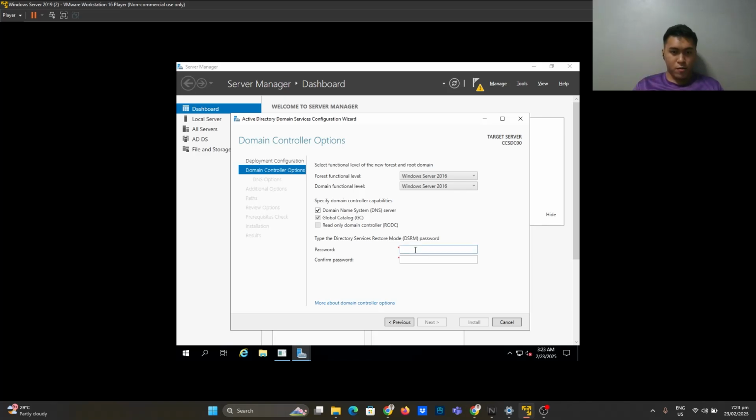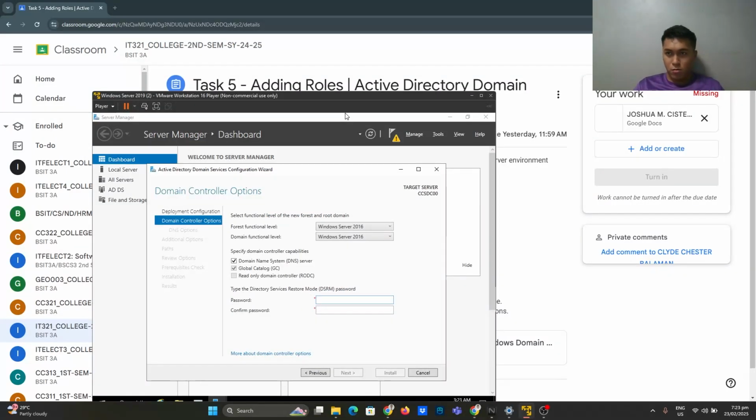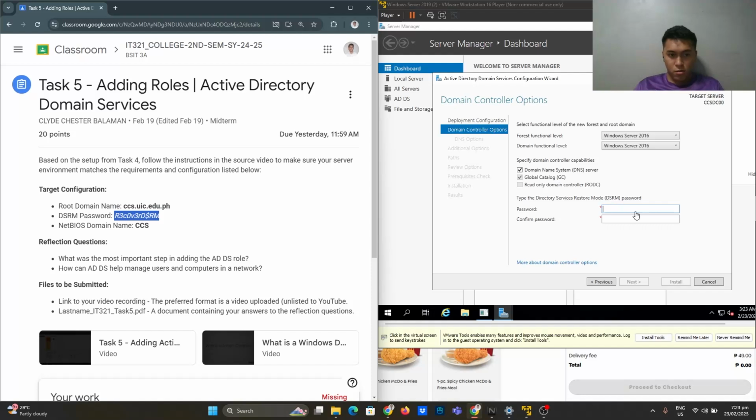For the directory services restore mode password, I can paste it, or we will type it manually.